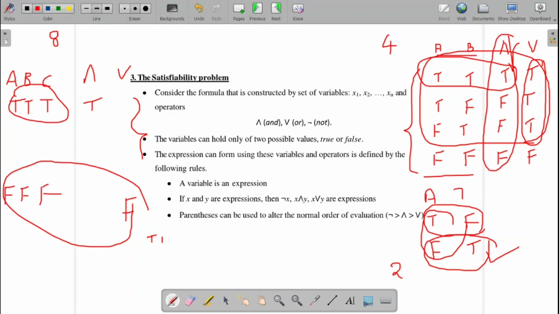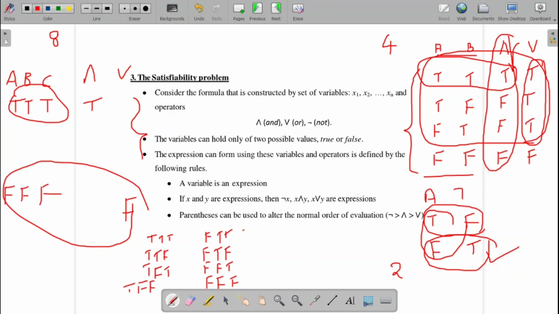True, true, true; true, true, false; true, false, true; true, false, false; false, true, true; false, true, false; false, false, true; false, false, false.